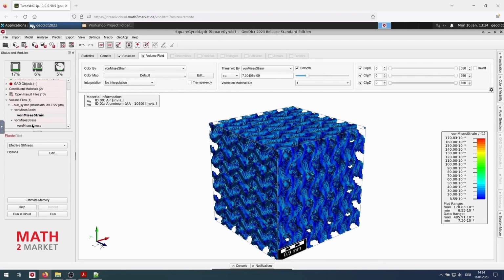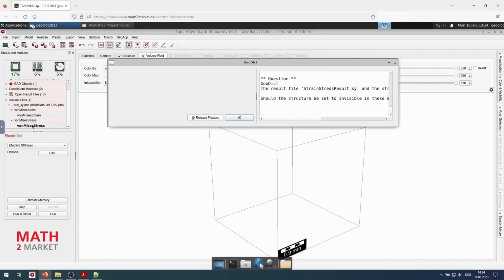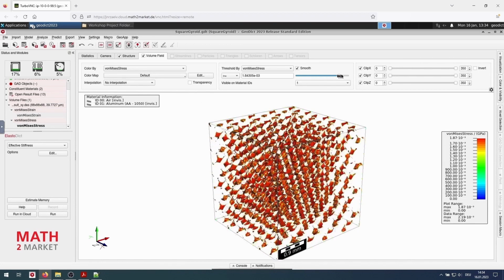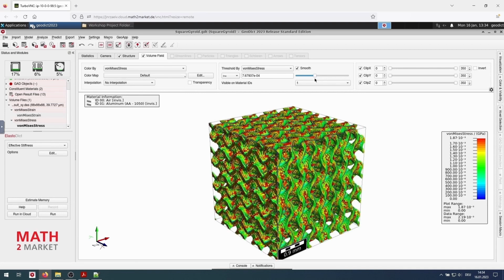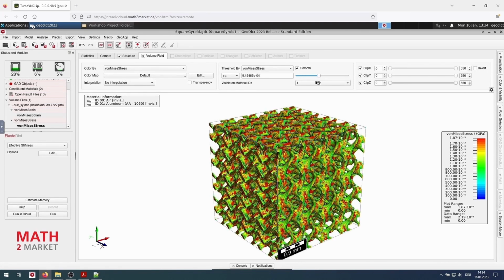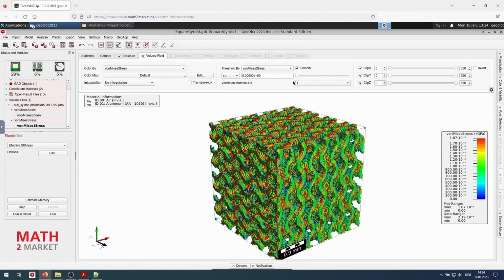We can select the stress field by double-clicking the von Mises stress. And again, we can threshold to see the strains and stresses larger or smaller than a certain value.